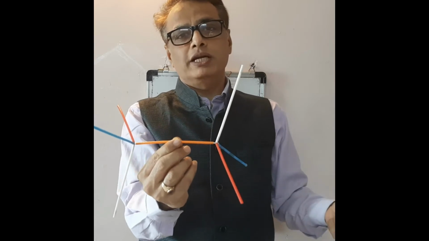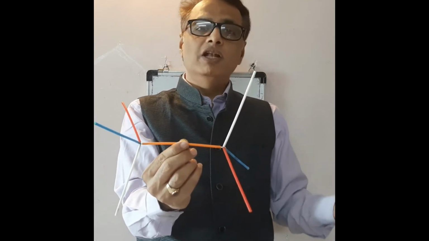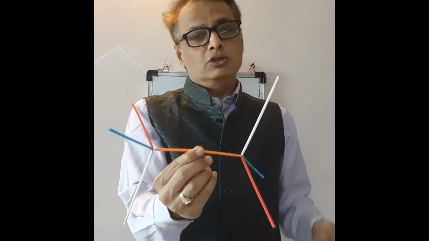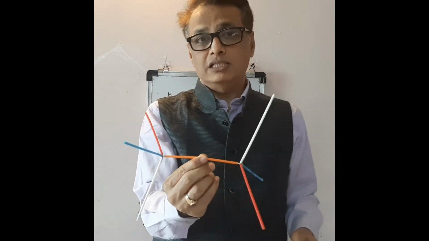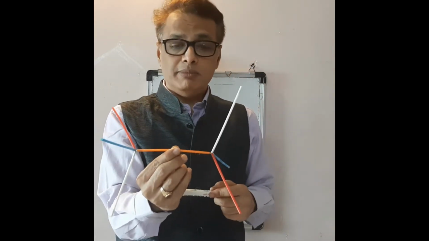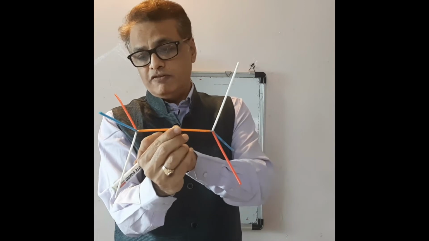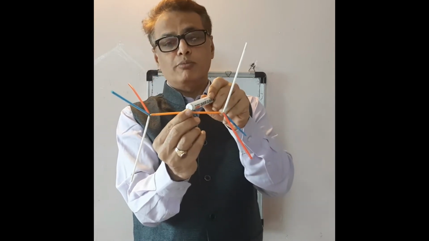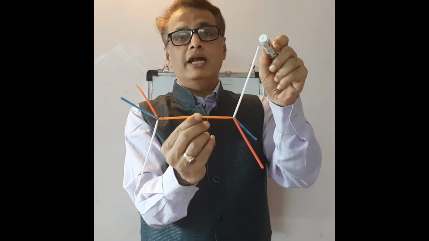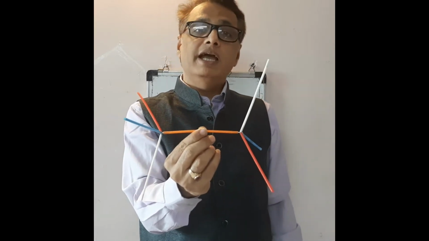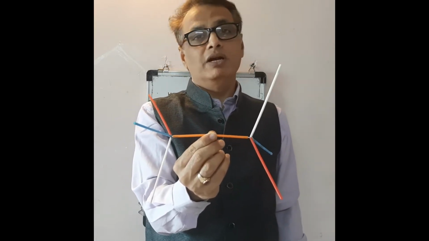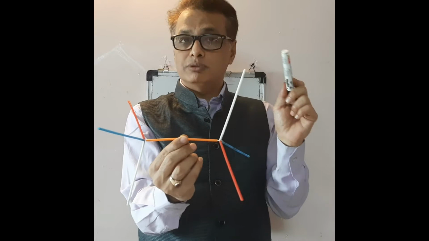So if it is rotated by any angle, we will not get an equivalent configuration. So it doesn't contain a proper rotation axis. Does it contain a center of symmetry? The answer is yes, because if in a molecule a straight line is drawn from every atom to the center of the molecule and continued in the same direction, it encounters an equivalent atom at an equal distance. So this contains a center of symmetry.